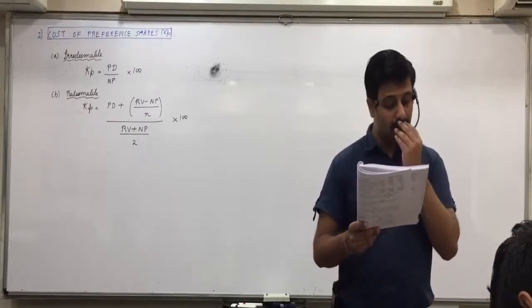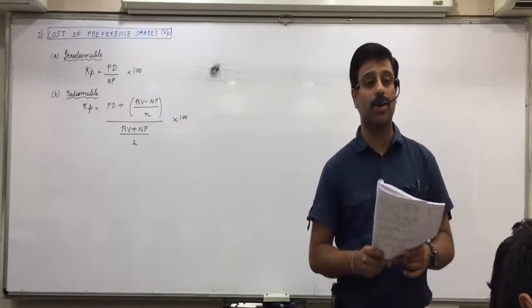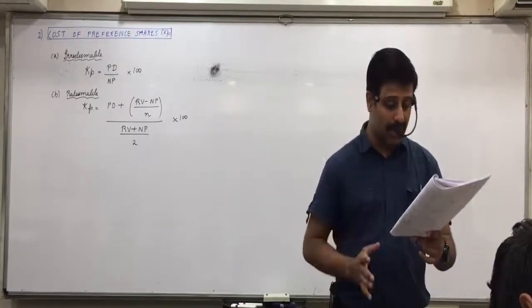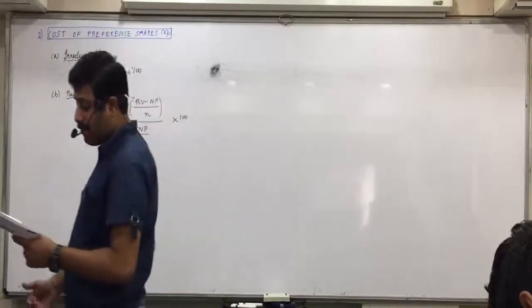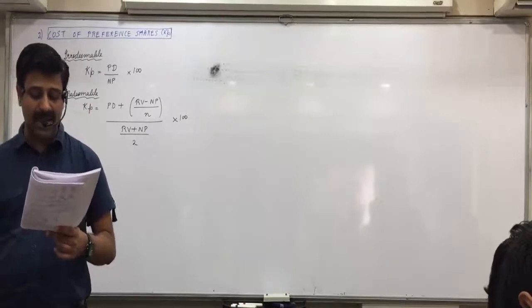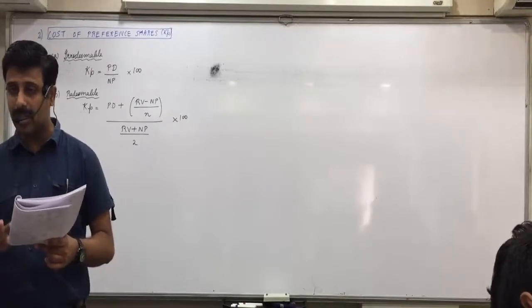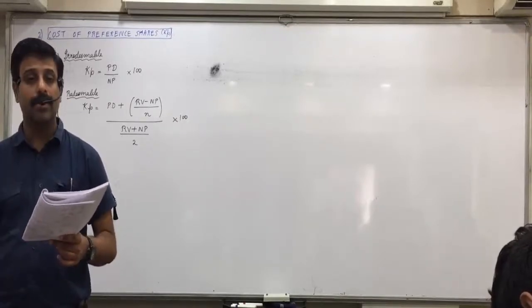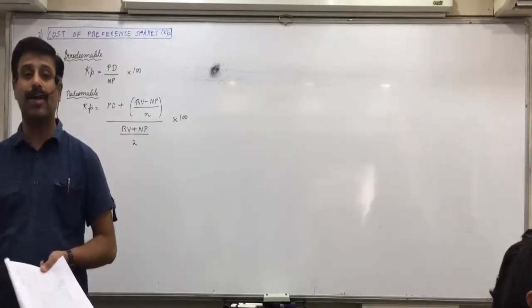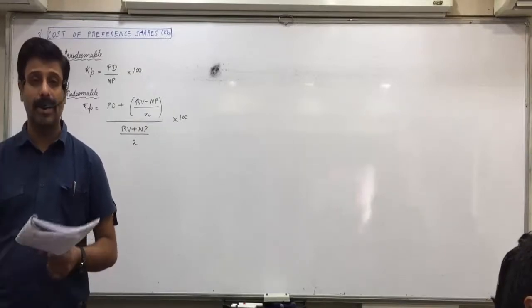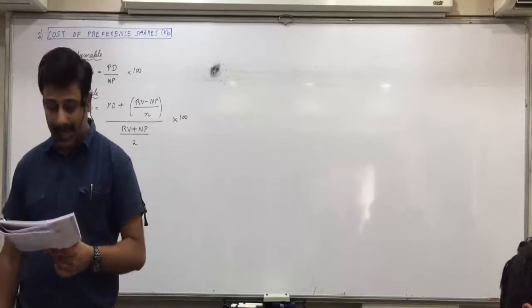Now the cost of issue is rupees 2 per share. What is this? Flotation cost. What shall we do with flotation cost? Minus it to get net proceeds. Calculate the cost of preference shares if they are issued at par, or at 10% premium, or at 5% discount. A rough working is shown to you. If they are issued at par, then net proceeds will be 10 lakhs minus flotation cost. On 10,000 shares it will be 10,000 into 2, 20,000. So the net proceeds are 9,80,000.